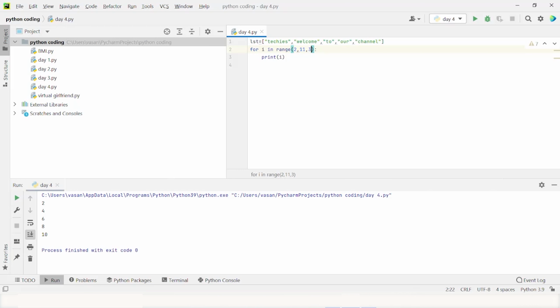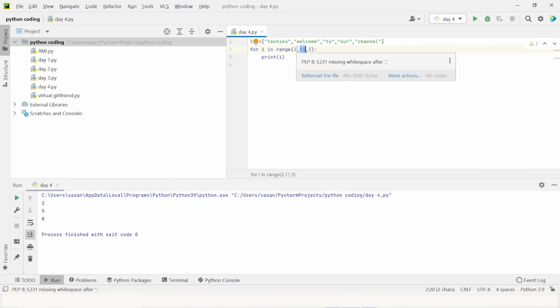Like I want to skip 3, so 2, 5, 8. Yeah, same. First one indicates the starting position, the middle one will indicate the destination position, the third one will be skipping the values. Okay, the middle one is the necessary one, and the starting and skipping are not necessary. Even if those don't occur, the range function will work in the for loop. Okay,